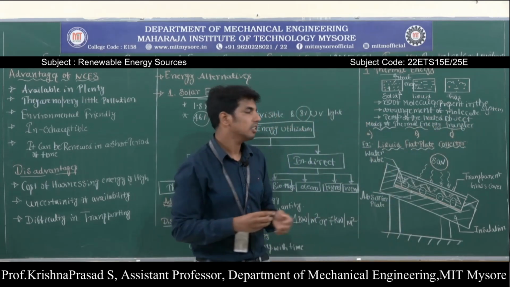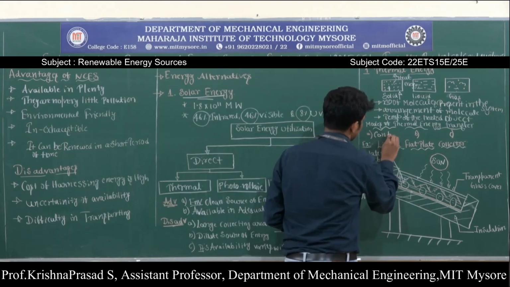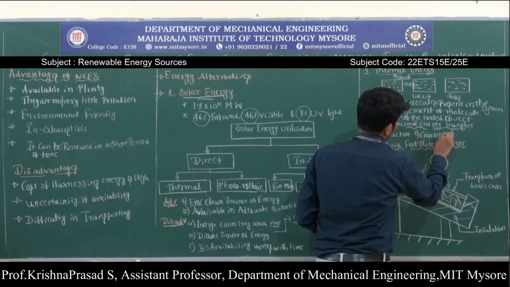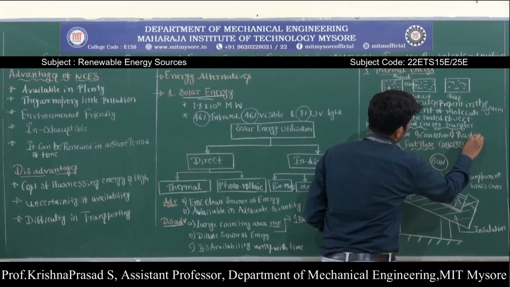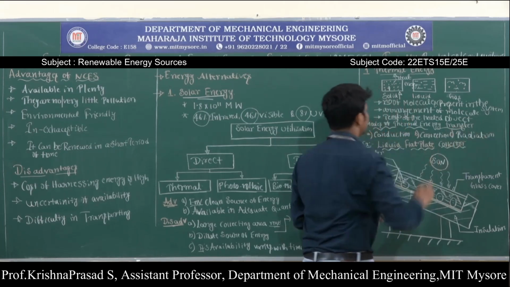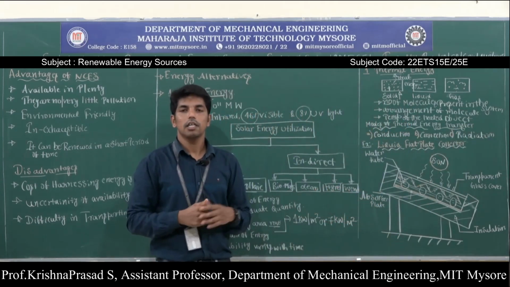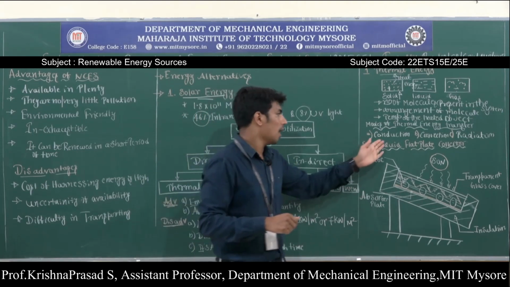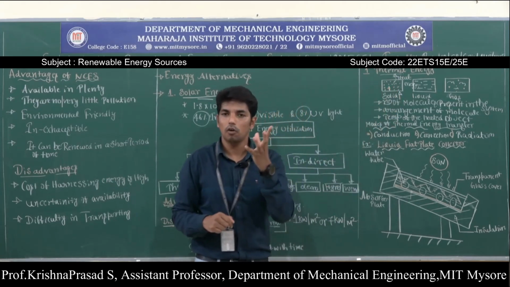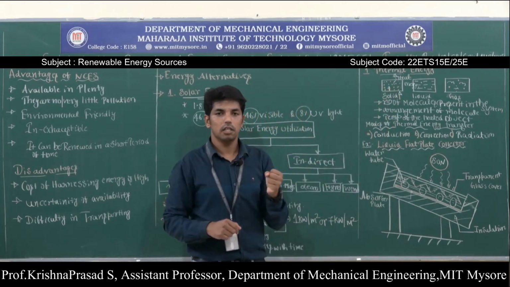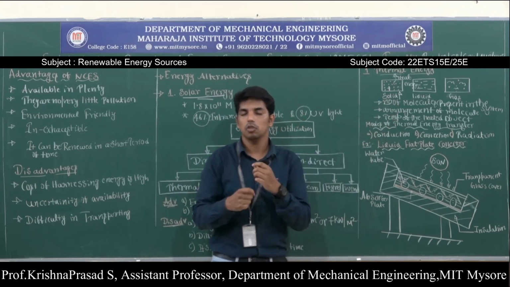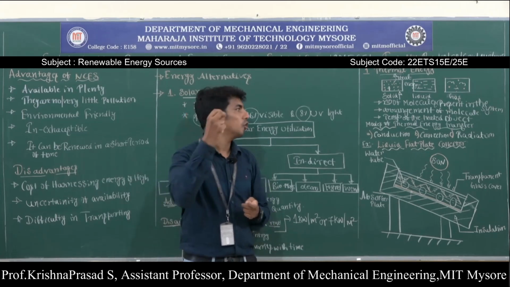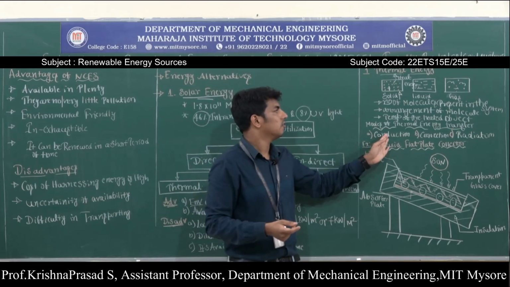The different modes of thermal energy transfer are: first one conduction, second one convection, and third one radiation. So what is meant by conduction? Here thermal energy transfer is mainly because of direct contact. This happens in case of the solid body because the atoms and molecules are compact to each other. Due to the rise in temperature, these atoms and molecules move faster and collide with each other, hence the heat is liberated.